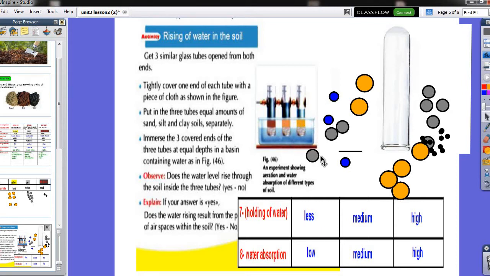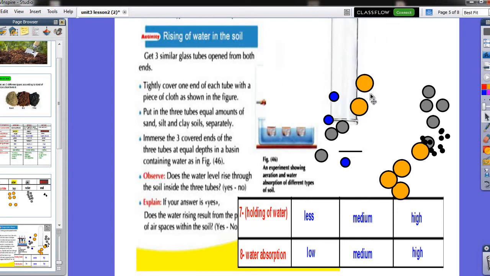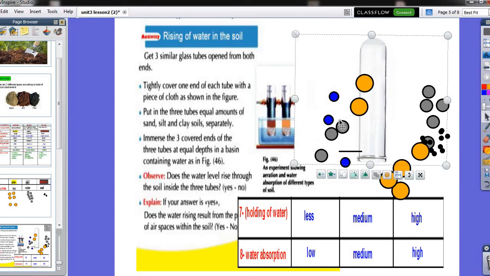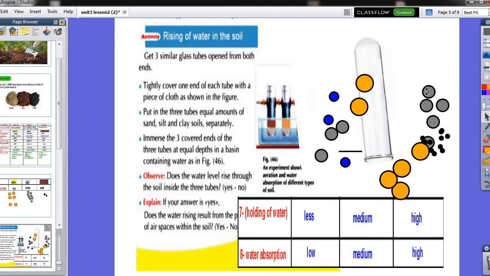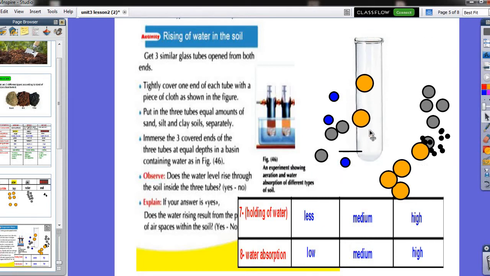To do this activity, you will bring a test tube, and you will put in the type of soil which you want. If you want to put, for example, here the sand soil,